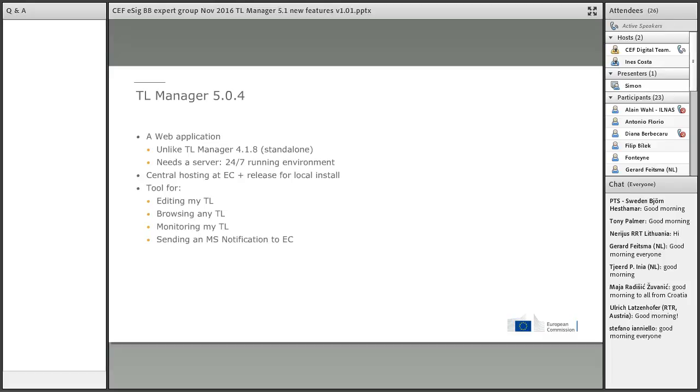The different categories of features that we can divide TL Manager in are the feature of being able to edit a trusted list, browse a trusted list, monitor the checks and changes that have occurred in a trusted list, and a separate part is the ability to send a notification in the sense of the Commission implementing decision, to send a notification to the Commission for notifying a change in signing certificates, locations, or even the contact details to which we can contact you. So I will not go into all the details of the different features. I would say, focus on what has changed from TL Manager